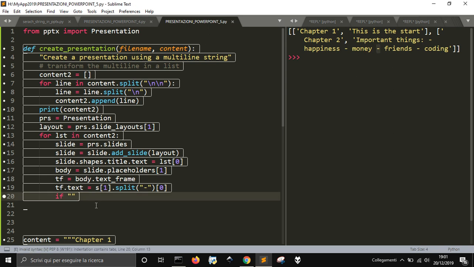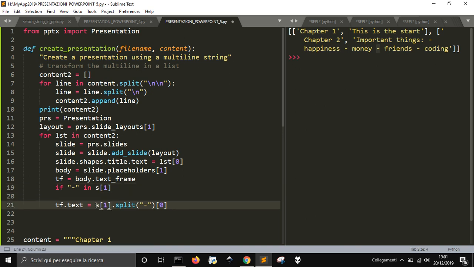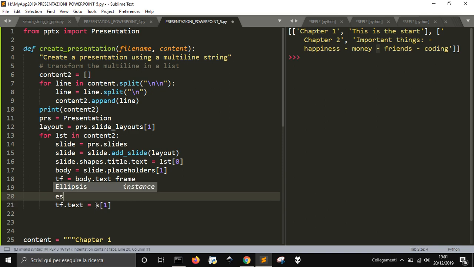But if the sign is in lst[1], I could have written it differently, I could have done it like this, else. Okay, else this. So if there is a sign, I am going to